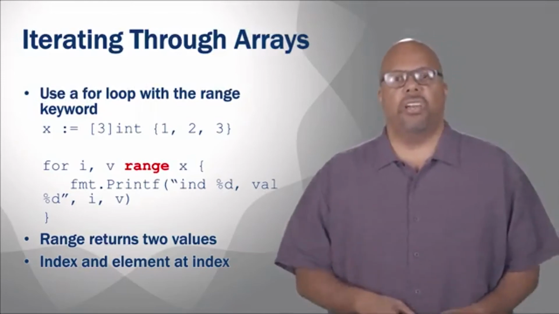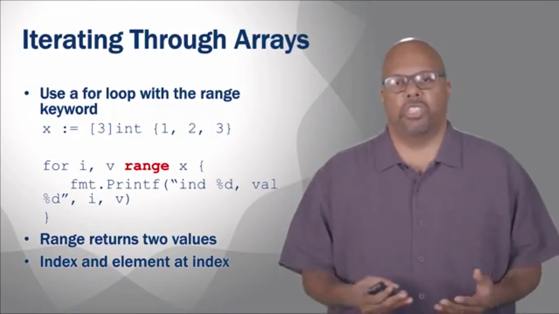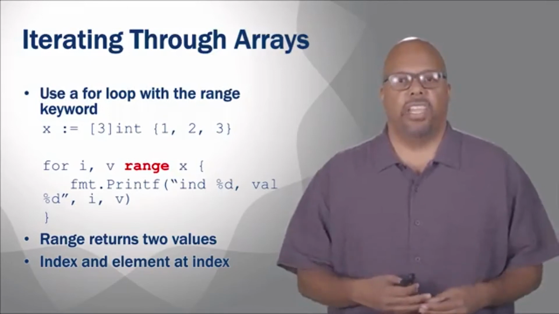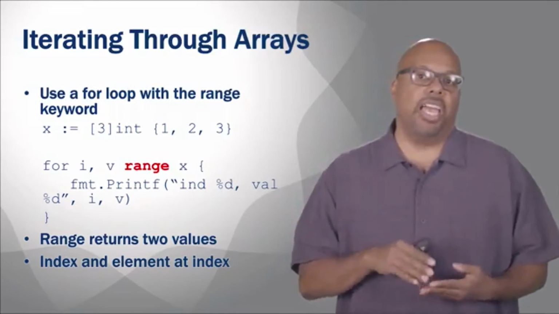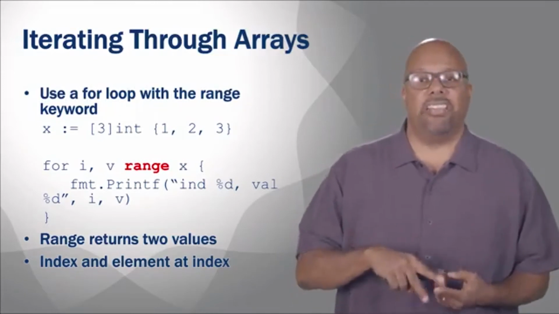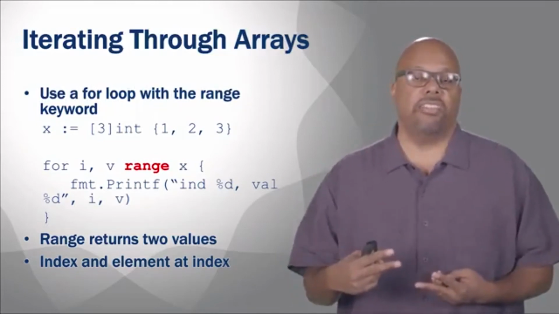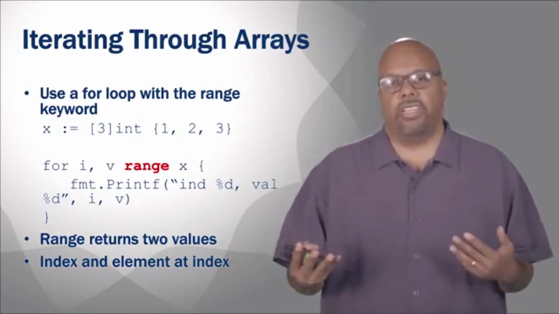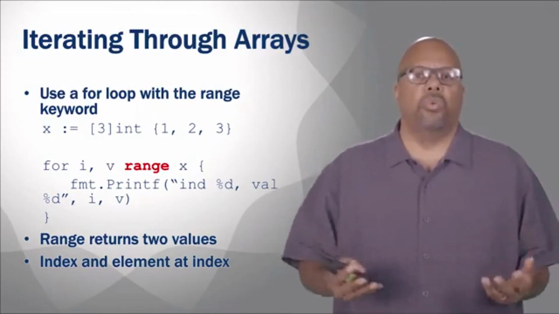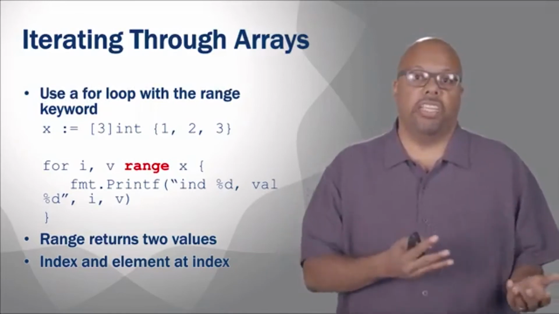And all this loop does is very simple. It just prints out the i and the v together. But that's the idea. This allows me to iterate through the array. So i and v get bound to an index and a value inside this array on each pass. And so inside the curly brackets of the loop, we can do whatever we want to that value v, right, and to that index i.